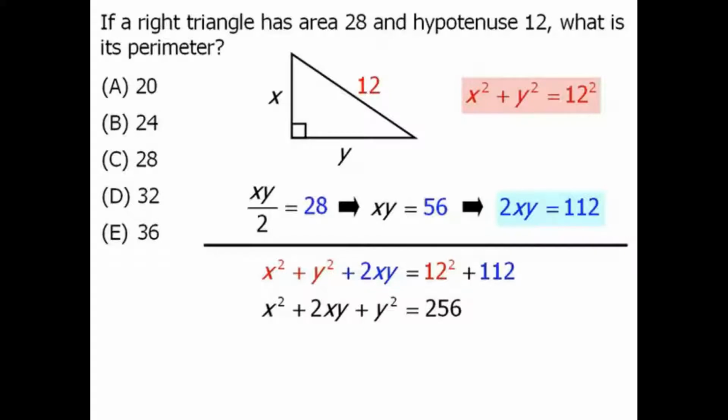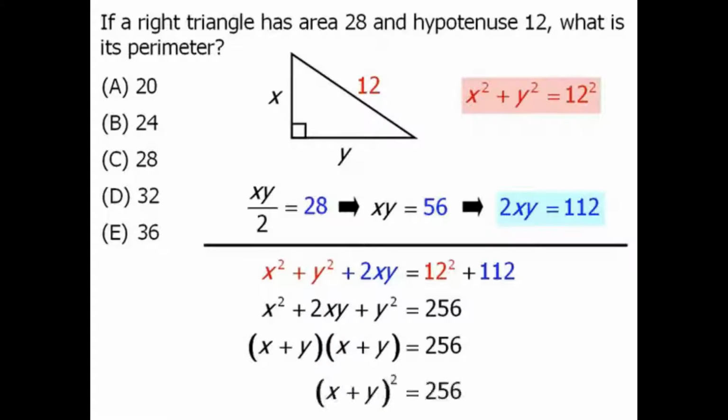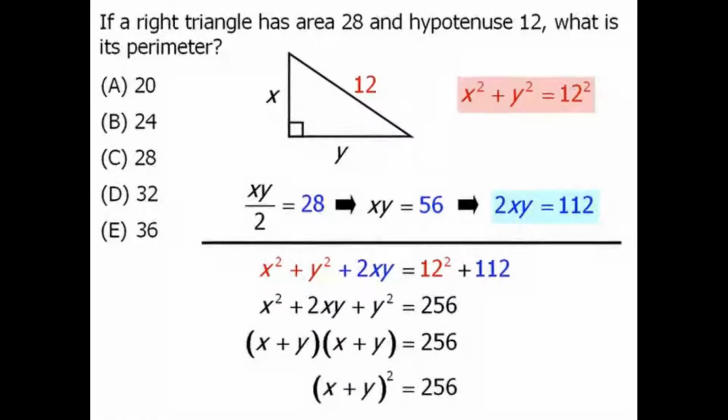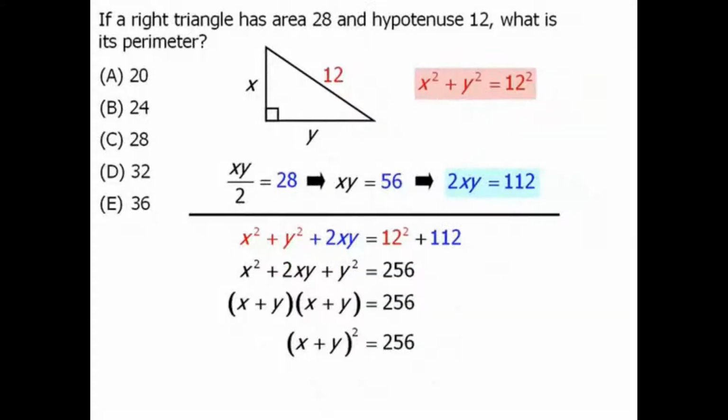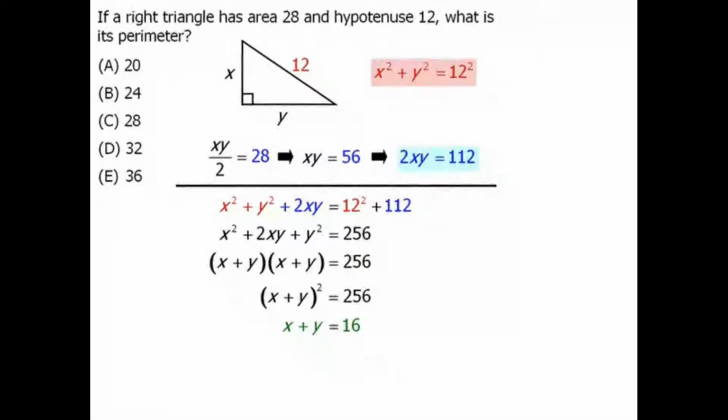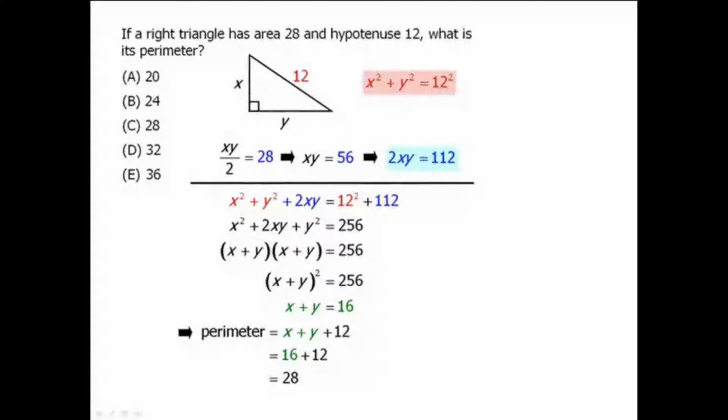Now the left-hand side should look familiar because we can factor this to be x plus y times x plus y, which we can rewrite as x plus y squared. Now let's take the square root of both sides of our equation. When we do this, we get x plus y equals 16. And this is the piece of information we need, because to find the perimeter, we need to add x plus y plus 12. We now know that x plus y equals 16, so our perimeter is 28,